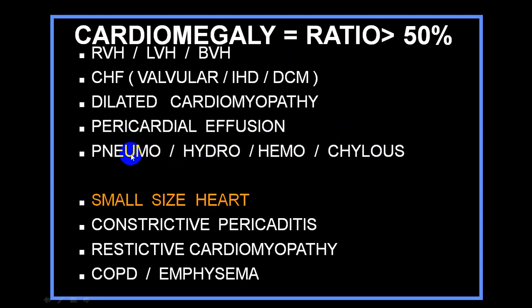Pericardial effusion can contain fluid plus air, so we call it hydropneumopericardium; there are also hydropericardium, hemopericardium, and chylous pericardium. In these conditions also you can get cardiomegaly. Cardiomegaly can be there because of a pericardial condition or because of cardiac conditions, so you will have to differentiate that. Anytime a person comes with a massive cardiomegaly, always think of valvular heart disease, dilated cardiomyopathy and massive pericardial effusion. These 3 conditions come topmost on the list.